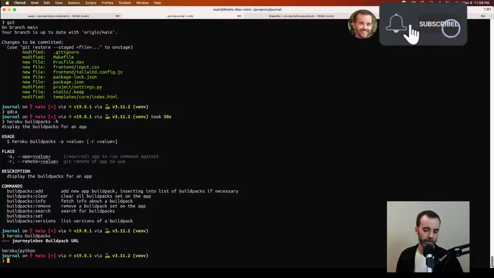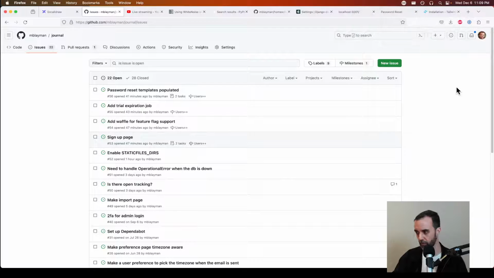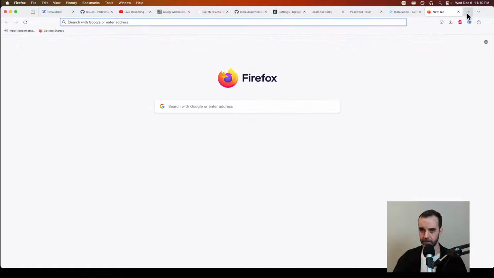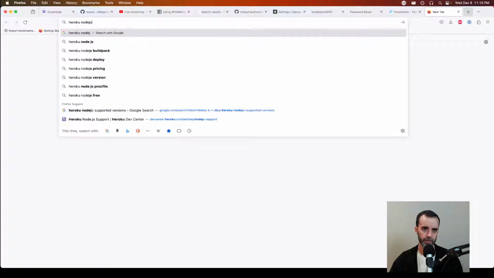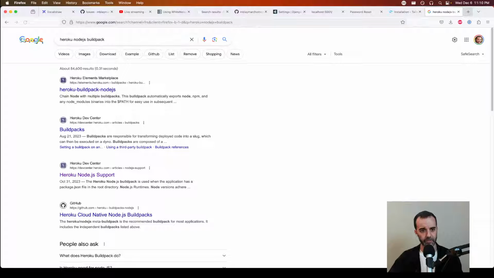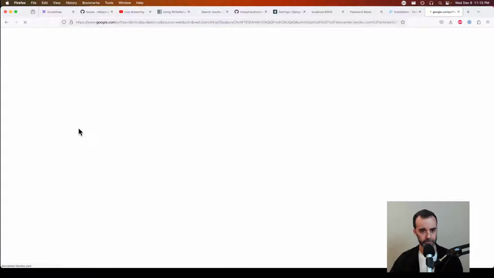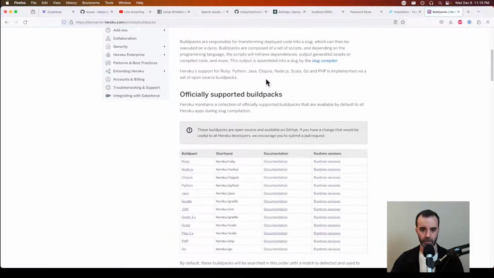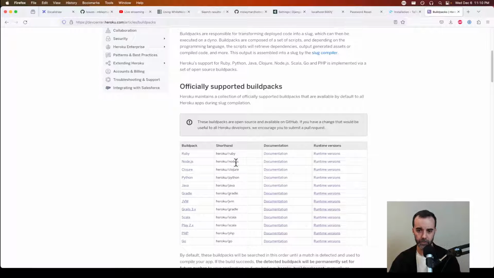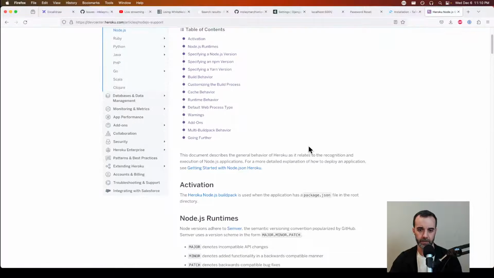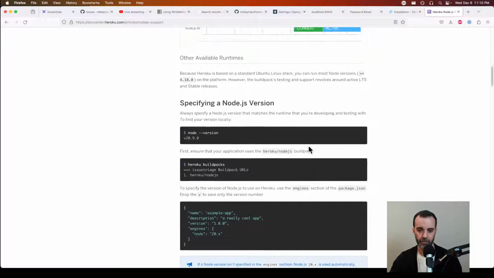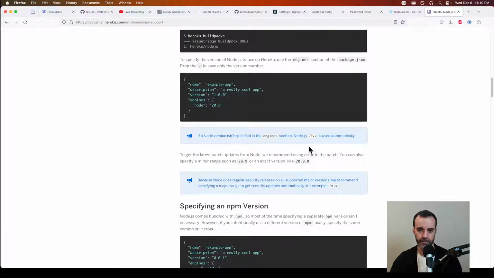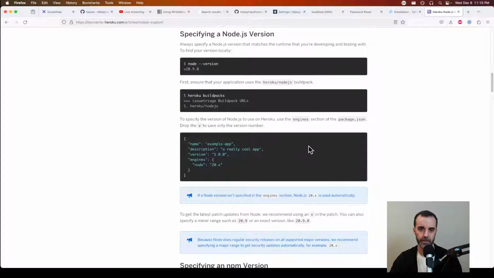So we need to add, well, I don't actually know it. I assume it's Heroku Node.js or something. Heroku Node.js build pack. There's got to be an official one. Officially supported. Yeah, here it is. Heroku Node.js. Can we do the, tell us how to add it quickly? Heroku buildpacks. Yeah. Come on. It might be